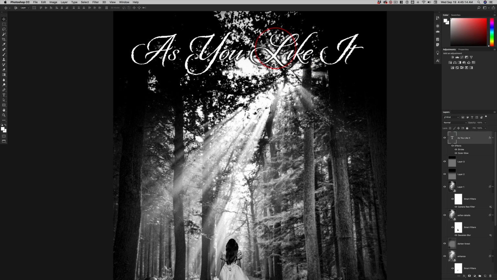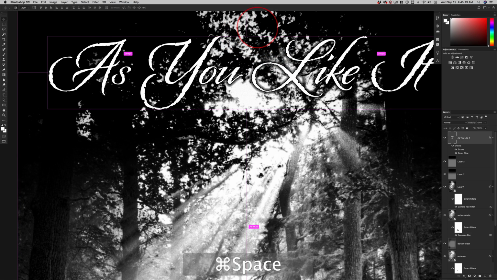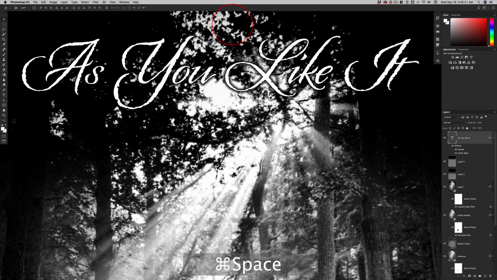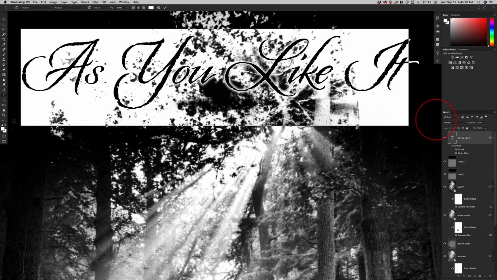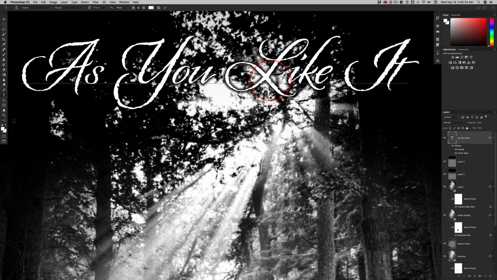Before we do though, I'm holding down the space bar and the command key in order to get my magnifying glass and make this as large as possible, because you don't want to work small when you're doing this. So I'm going to double click, and the spacing between these words is a little extreme. So I'm going to click there, and inside the type panel,